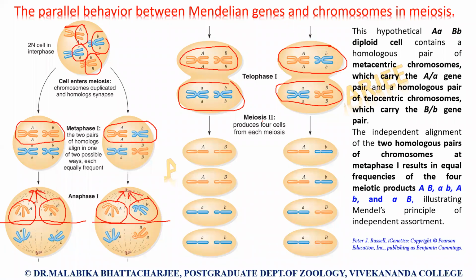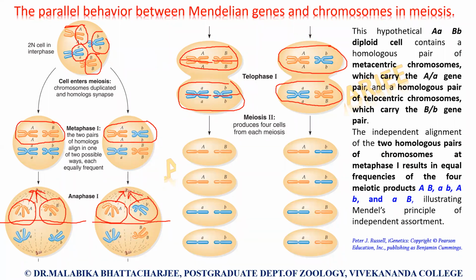Now when the cells move to meiosis 2, we get from a cell 4 gametes. We know that. Okay, so in case of meiosis 2, from this condition, what are the combinations we get? This will now divide. We'll get a further division in this manner. So what will the gametes be? A capital A, capital B, a capital A, capital B, capital A, capital B. A small a, small b, small a, small b. Again a small a, small b.